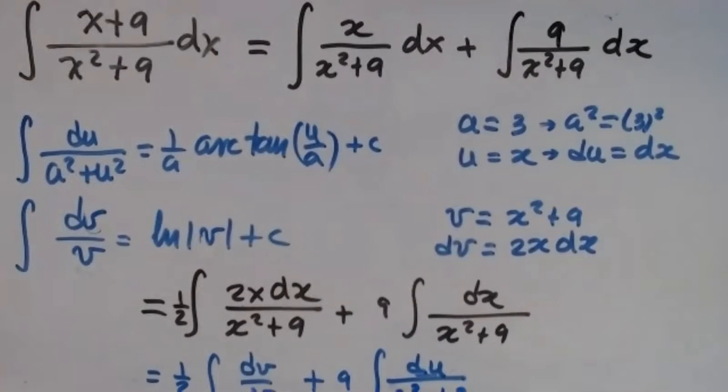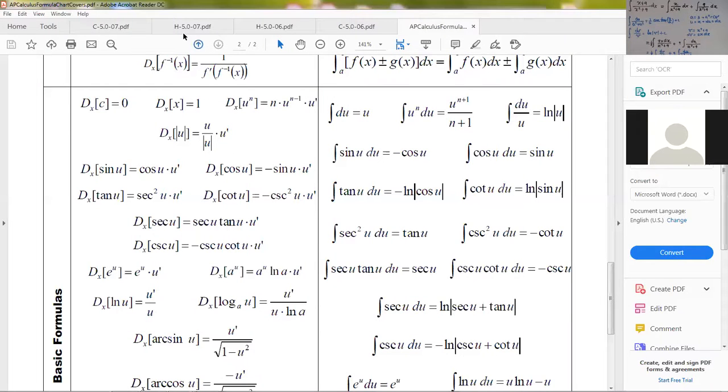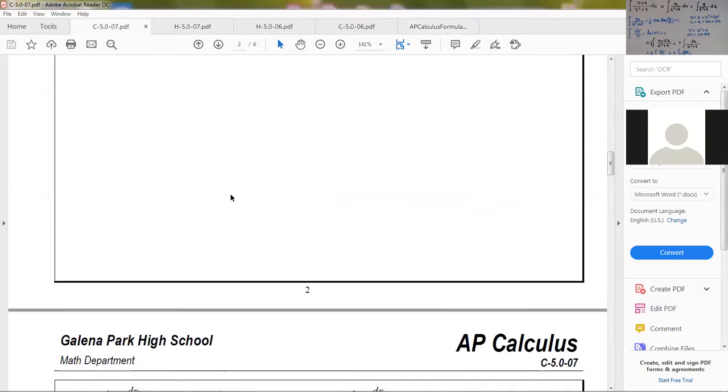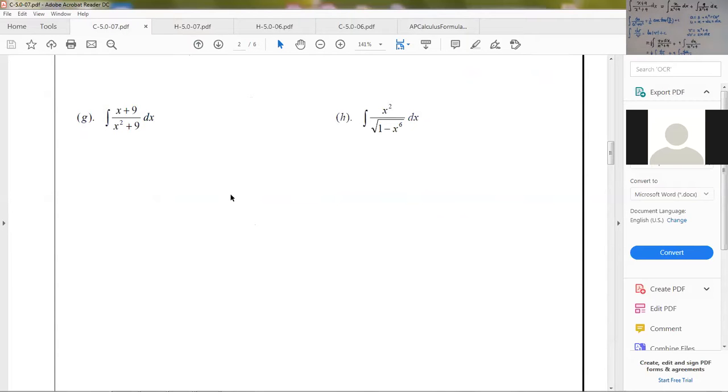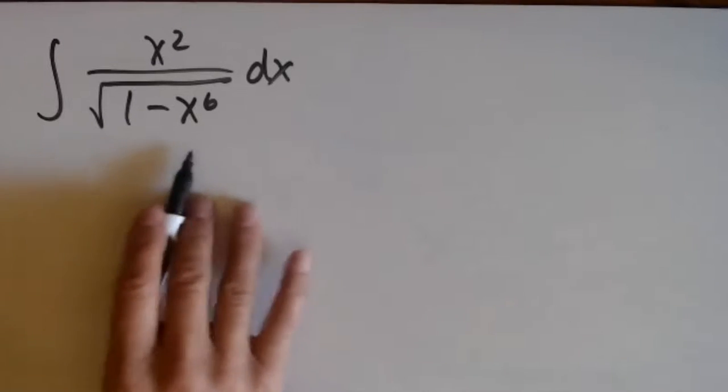Okay, now I'm going to do the last trick. Before we move on, problem H. What is the change you may do? This is x to the 6, you see, x to the 6. So the integral of x squared over the square root of 1 minus x to the 6 dx. Remember that you need a difference of